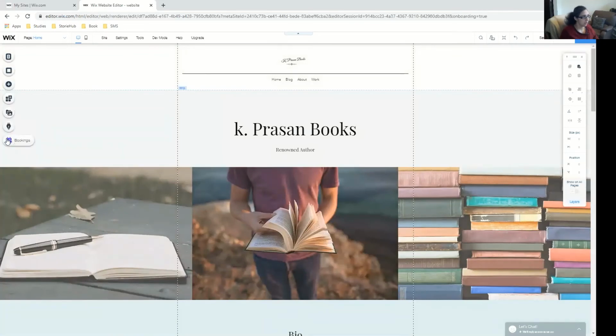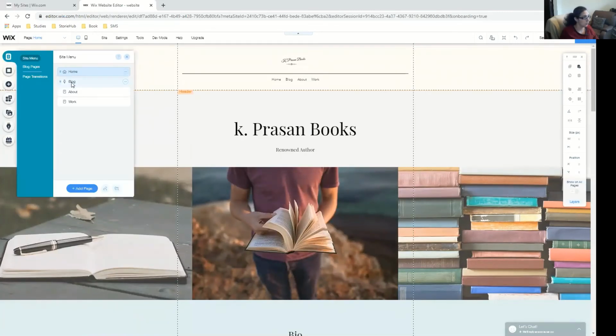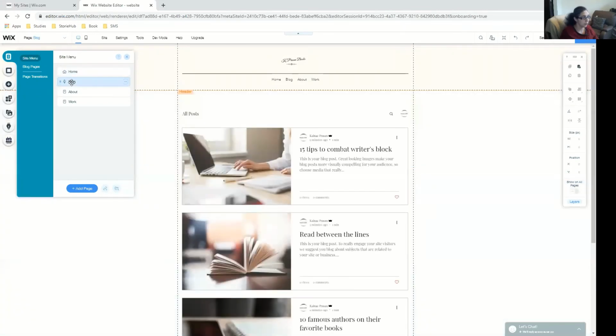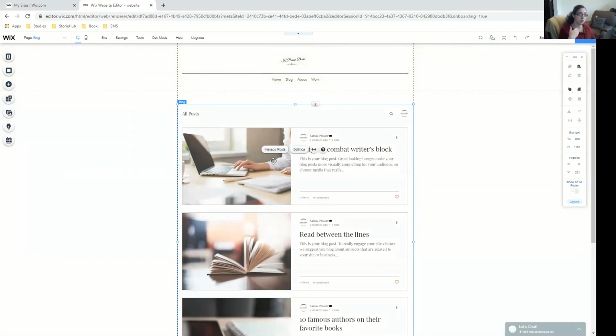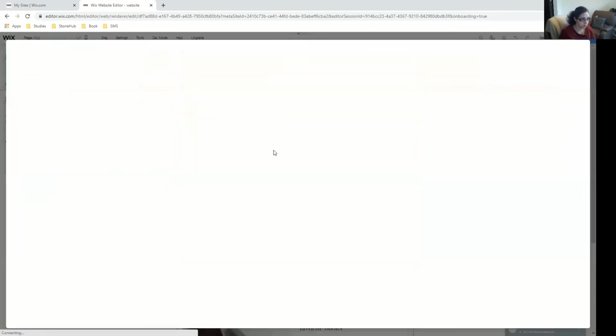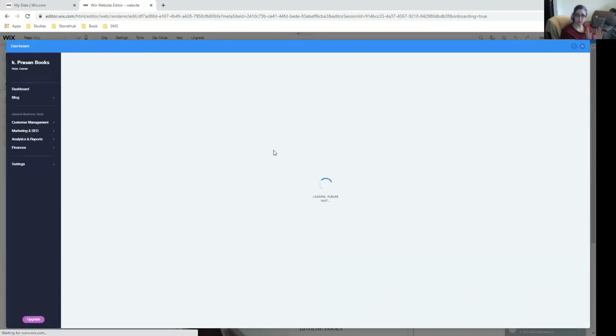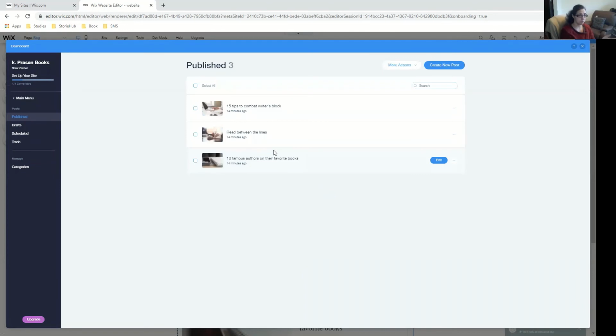Media, blog, and bookings or calendar. So I will go to the blog page now. So these are the blogs, but we don't want these blogs because we want our own blogs. So I am going to manage the blogs from here. And what I usually do is I delete the blogs that are predetermined, and I change them to the content I want to give.